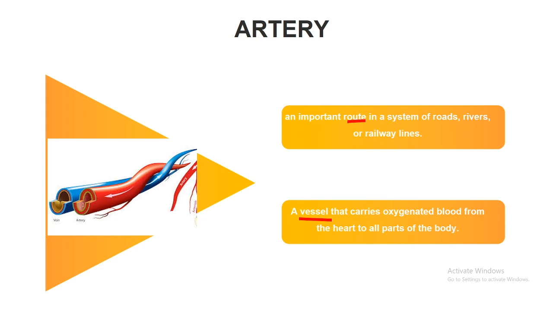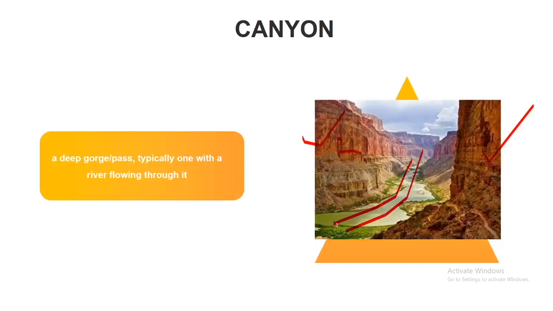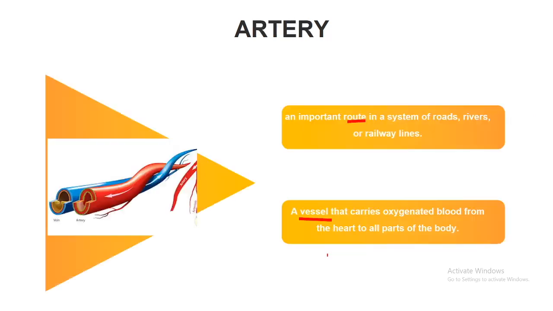So don't you think this is how the Grand Canyon looks? It's also like an artery. See this, these two lines, in between these two lines. So this is kind of like an artery, a vessel. So this is how a vessel would look like, and that's the reason they have called it artery.